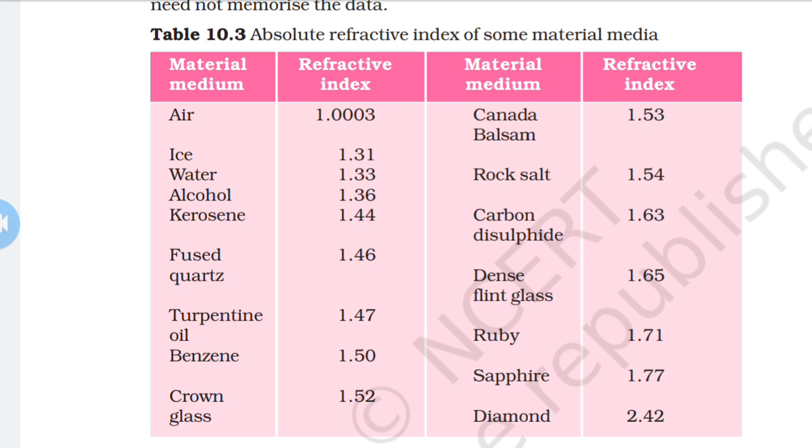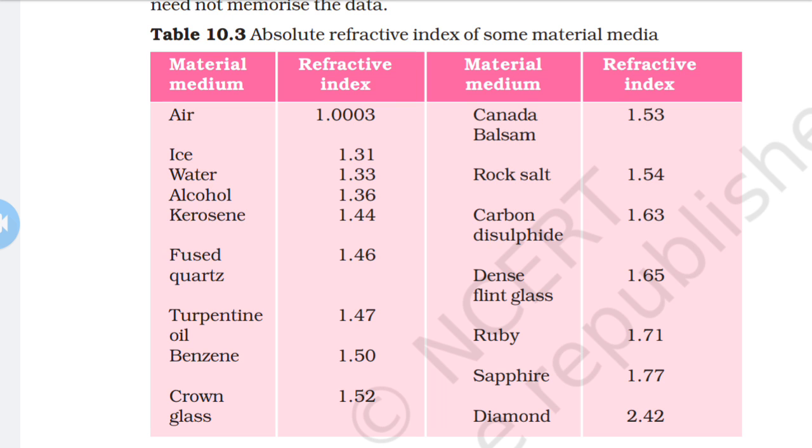Ice, that is refractive index of ice, is 1.31, water 1.33, alcohol 1.36, kerosene 1.44, fused quartz 1.46, turpentine oil 1.47, benzene 1.50, crown glass 1.52,